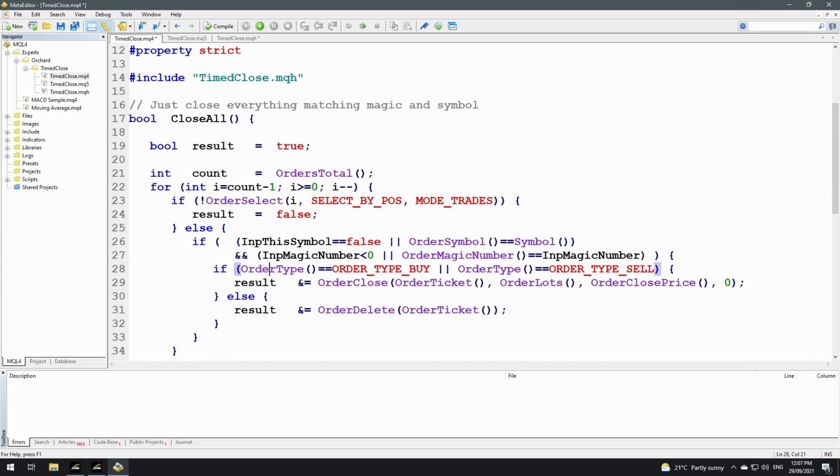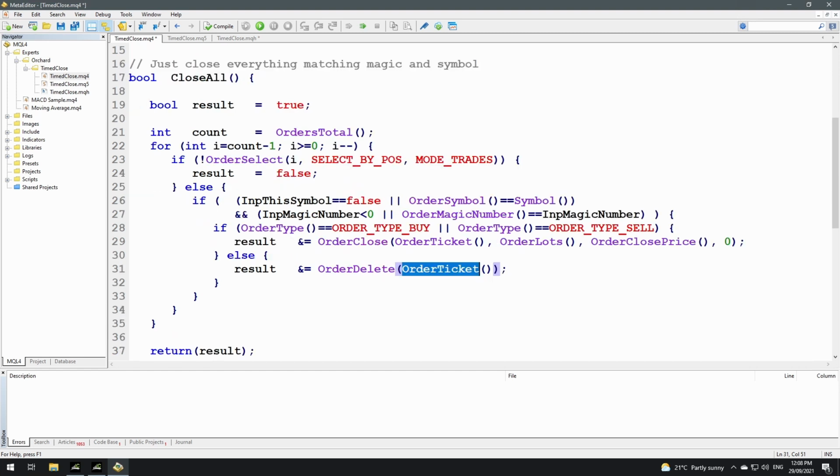So if the order type is a buy or sell, order close, passing in the order ticket, order lots, the order close price, which will be the current market close price for that order, and 0, I'm just allowing 0 slippage here. So 0 means unlimited. If it's not a type buy or a type sell, then it must be a buy stop, sell stop, buy limit, sell limit, and in that case the statement is order delete. Same thing with the ampersand equals, so result ampersand equals order delete and then the ticket number. So that will loop through all of this and eventually return result. So if I've managed to close all of the orders in the first pass, that's great. If this returns false, then you've seen that the retries will keep trying this until I close all of the